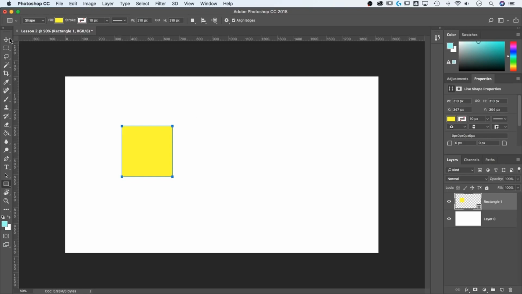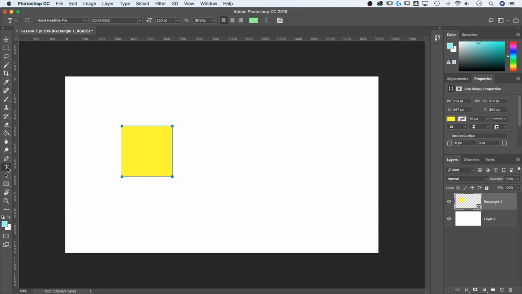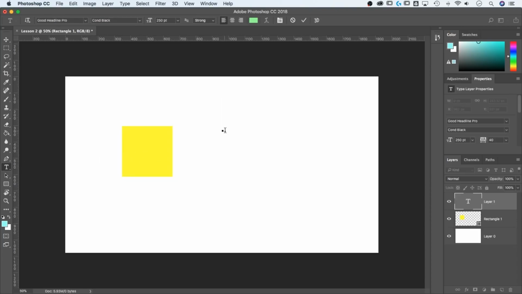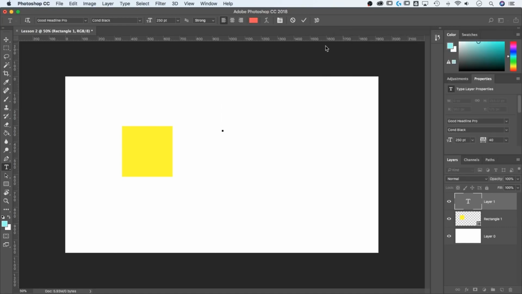So I'm going to click on my move tool so that that sort of deselects the shape there. And we're going to add some text to our canvas. So I'm going to click on the type tool over here. And then all I have to do is click on our canvas to add some text in that spot. Right now, green is our color. Let's change that to something like red. I'm going to hit OK on that to select that color. And if I just type here something like text layer and then click on the move tool again,